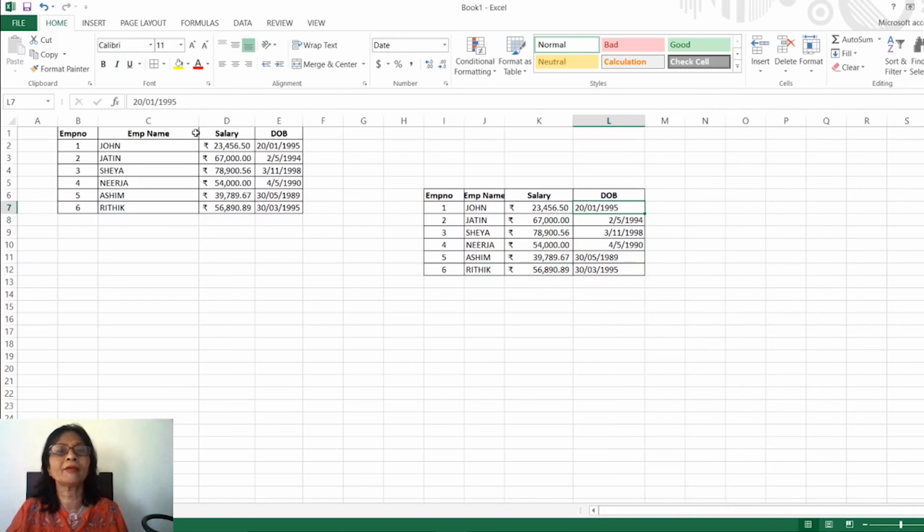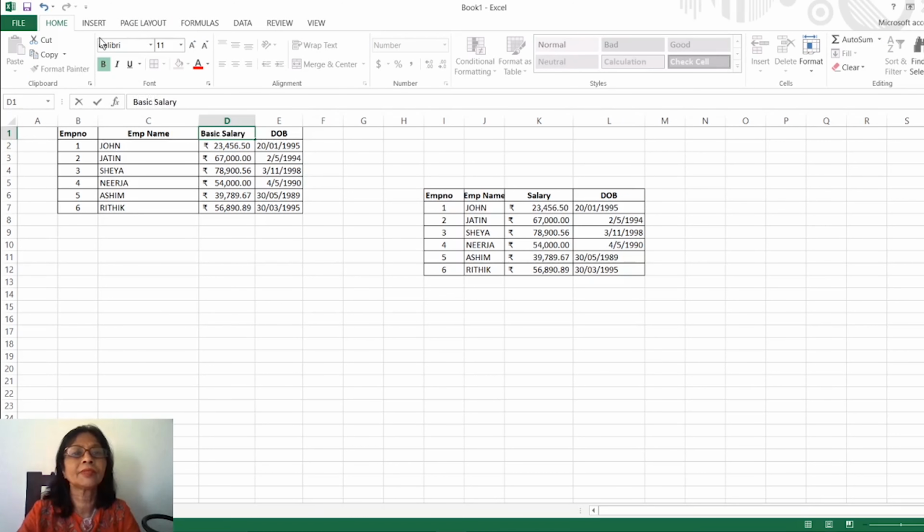Now one more thing I will show you. Suppose I change salary to basic salary, and I make one more column, incentive. Here I am writing incentive. Each employee is getting 10,000 in incentive for the current year.